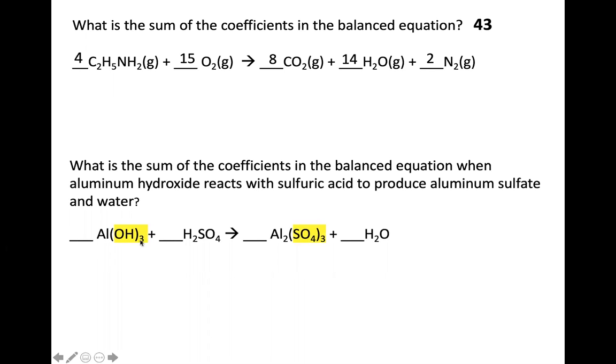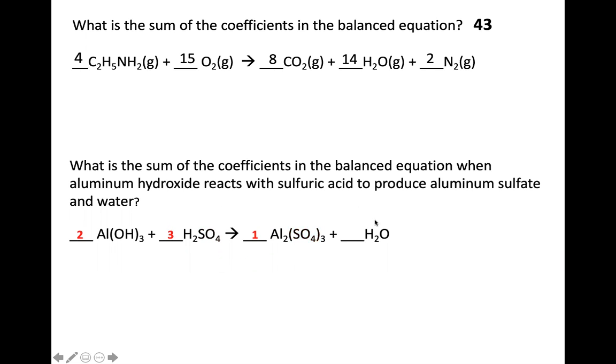I see that there are polyatomics that I need to have memorized. I need to have memorized the formula, name and charge for hydroxide and for sulfate. And from there, I'm just going to see what does it mean to balance it. I have over here on the left-hand side an aluminum. Over here, I have 2 of them. I need a value of 1 and a value of 2 then. I could now look to balance the sulfur, or in that case, I could balance the entire sulfate. That gets me a value of 3.